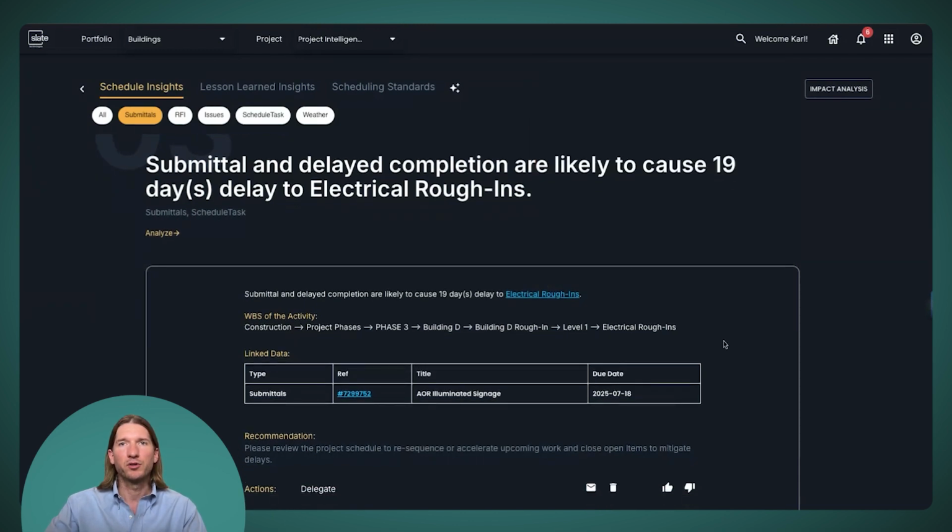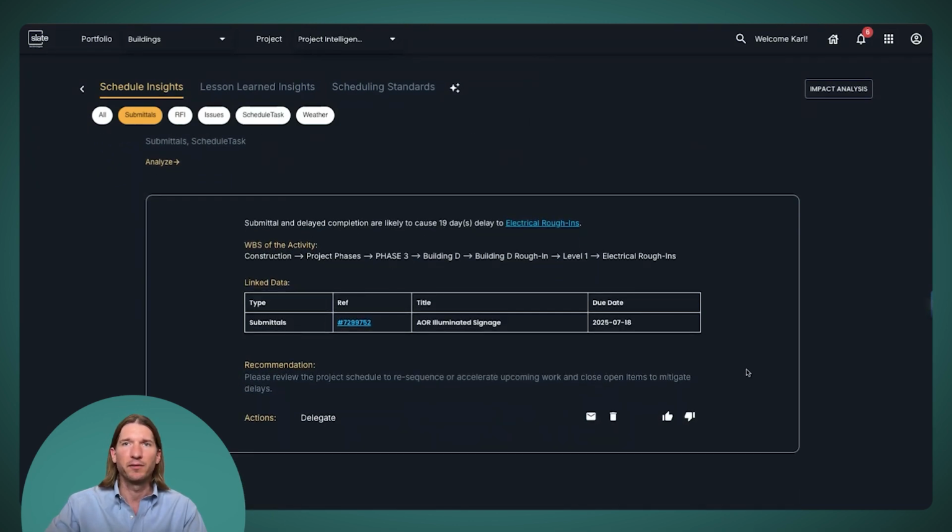Within this UI, the user can take a few different actions. We can give it a thumbs up or a thumbs down. That helps to train the model. If for some reason this wasn't really helpful, maybe you want to give it a thumbs down, or if it was really helpful, maybe you want to give it a thumbs up. That just gives feedback to the model that we deploy within each customer's account as to what's useful and maybe what's not. If it's really not helpful at all, you can just delete it and it'll be removed from your